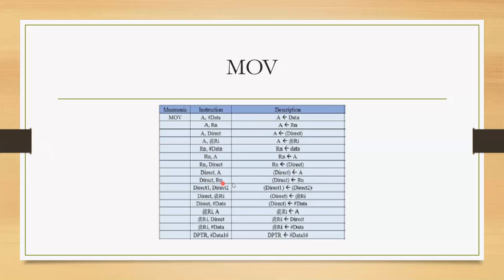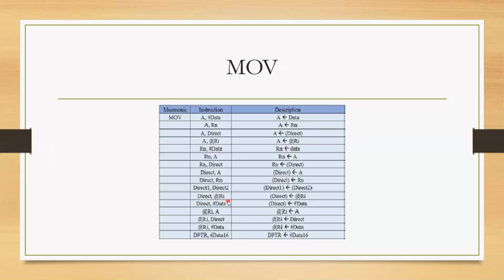MOV direct, Rn: the memory location will get the content of the RAM register. So we can transfer data between two internal RAM locations, from one location to another.